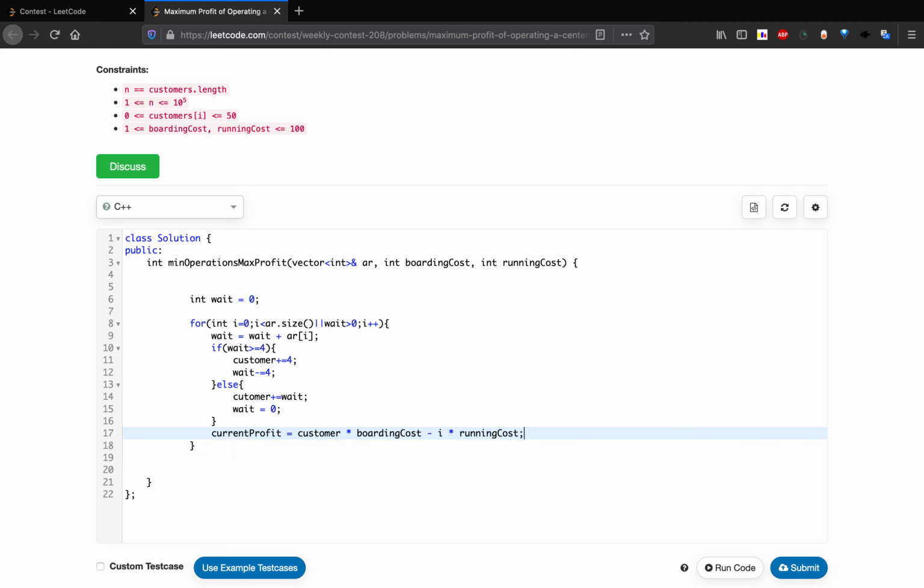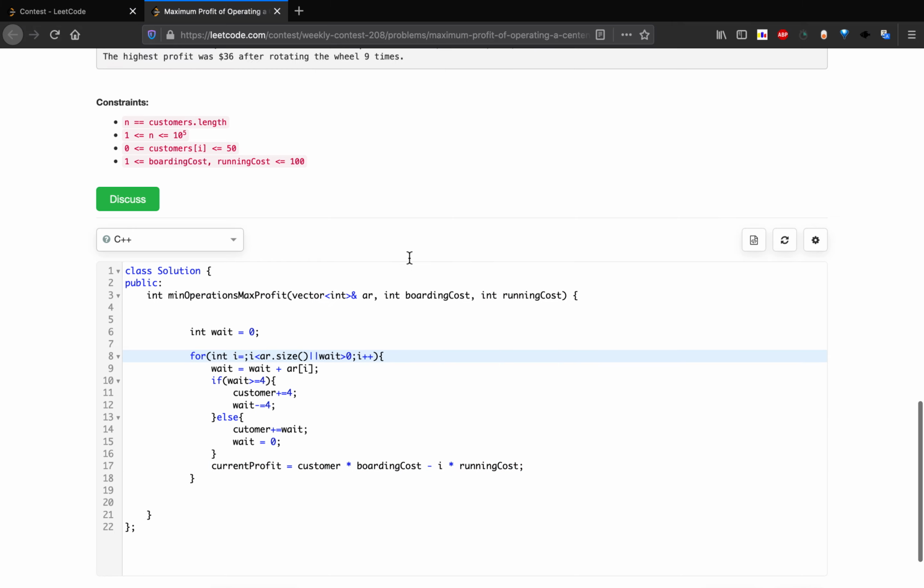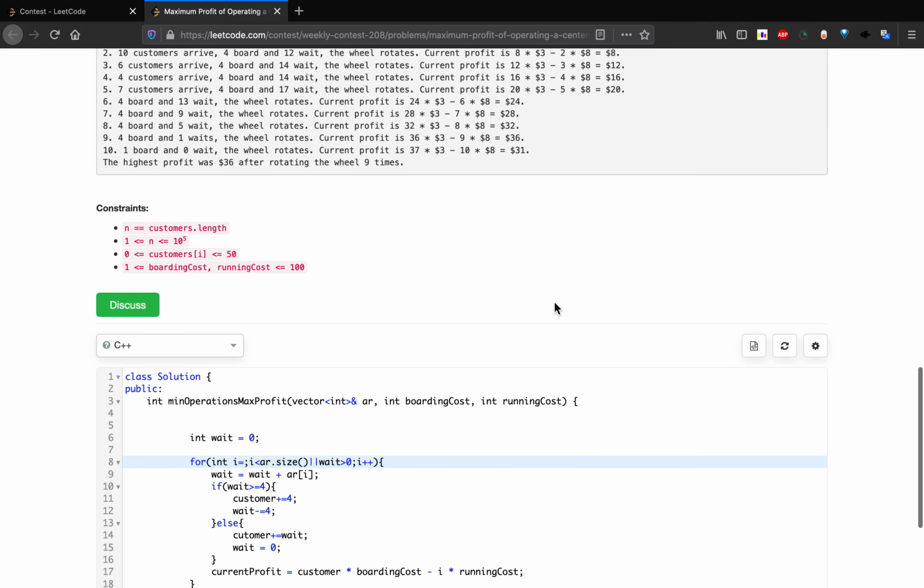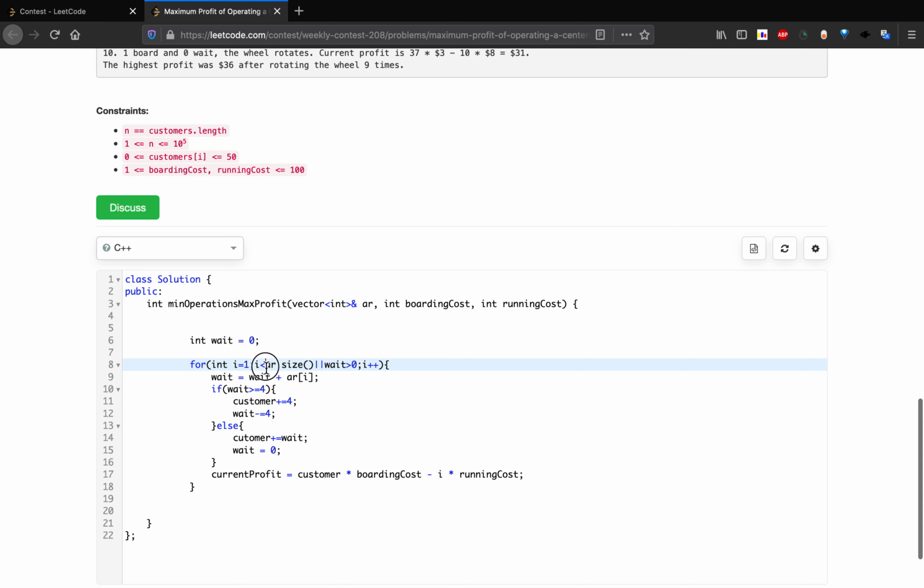Let's take the ith iteration beginning from 1, so I moves from I equals to the array size, and I minus 1 should be less than the array size, if not it can lead us to a runtime error. So if it is less than, then we will return this array index, otherwise we'll simply return 0.